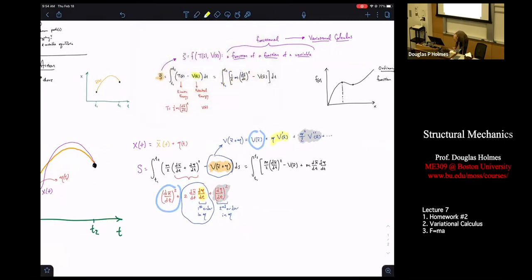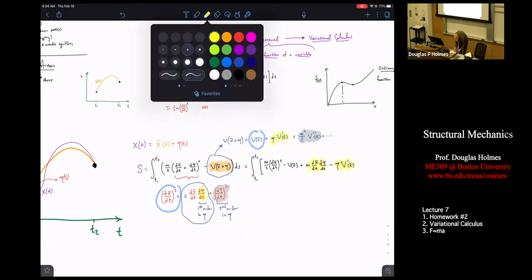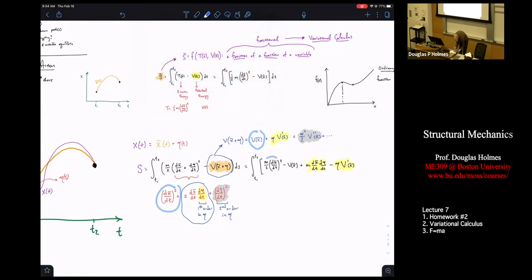This is my yellow term, and then we have to subtract off of that the potential energy, which is going to be eta minus Vx bar beta. Again, that's my first order term. I should highlight this for. And then we can write,